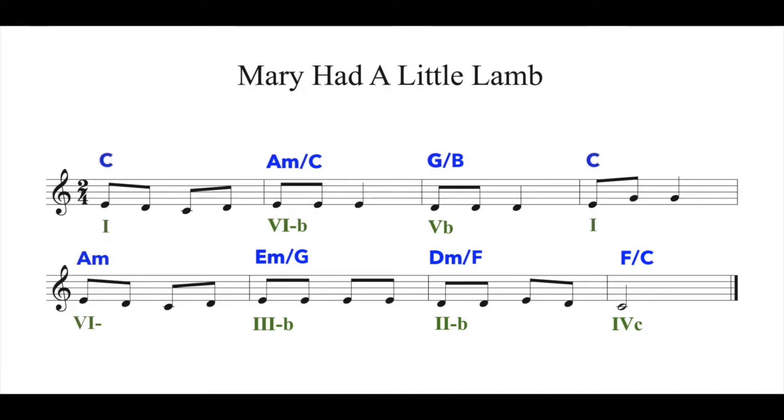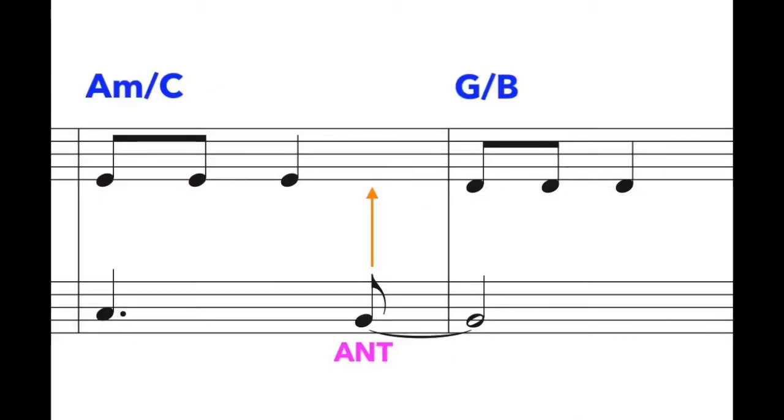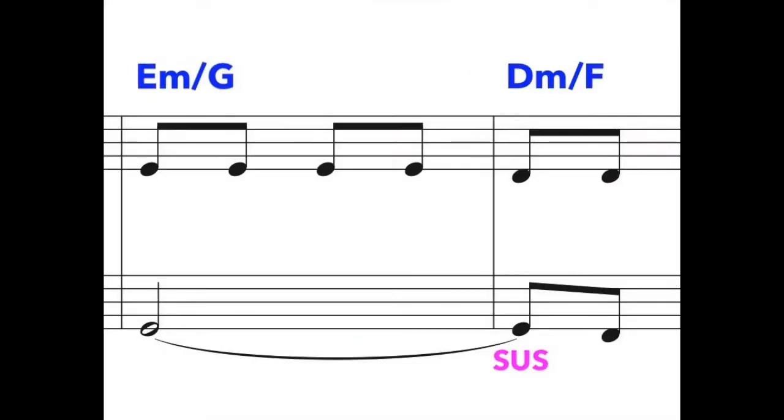Let's try a few. A neighbor tone can go in measure 1, in parallel harmony to the melody. An anticipation before measure 3 will give the listener a nice jolt, and it'll play nicely off the break in the melody. We can use an escape tone on the upbeat of measure 5. It'll create a moment of harmony with the melody and liven up the descending bass line. Let's try a suspension going into measure 7, just to keep our listeners on their toes. It'll also tie nicely into this next addition.